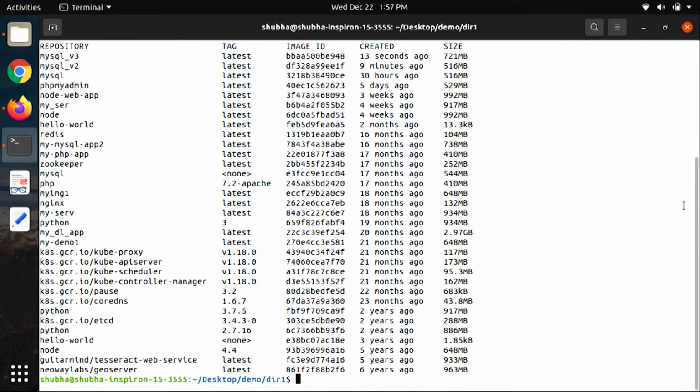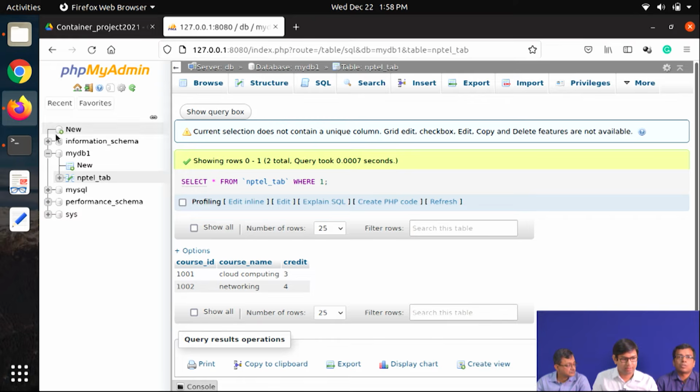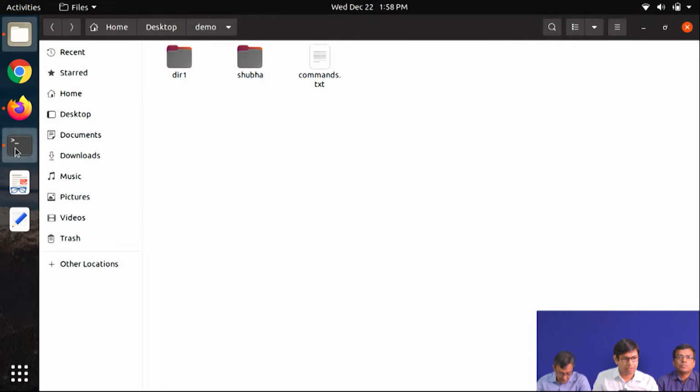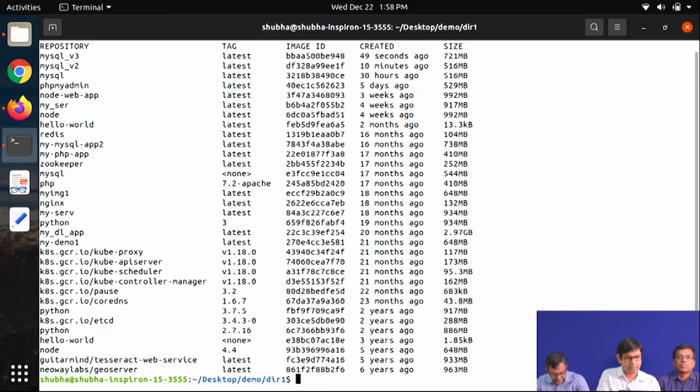Okay. So let me create a tar archive. And this backup is created runtime, means we have not stopped the MySQL and all, so it is created runtime. Right. So for saving into a tar image, we will be using that command sudo docker save.